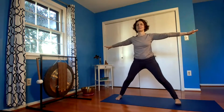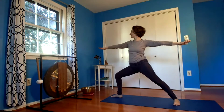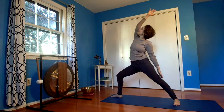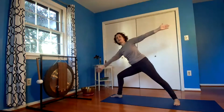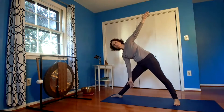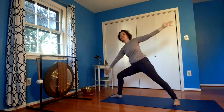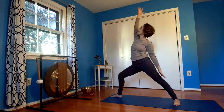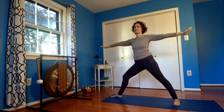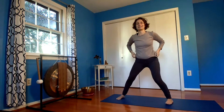Back to center, left side. Reaching down, straightening the leg, and bending, floating up, and arms out. Straighten your leg, turn the feet forward, step the legs in,